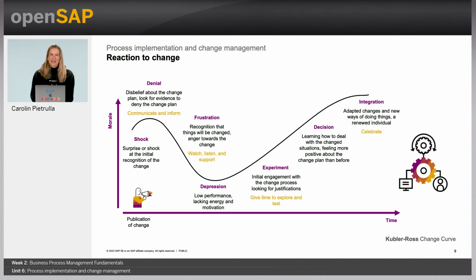Recognizing that the change will happen and that there is nothing they can do about it, employees will experience frustration, followed by a small depression, which will result in loss of productivity and motivation. During that time, it's best to just observe, listen, and support. Then it's time to understand, explore, and test the new system or process, which will finally lead to an experimental